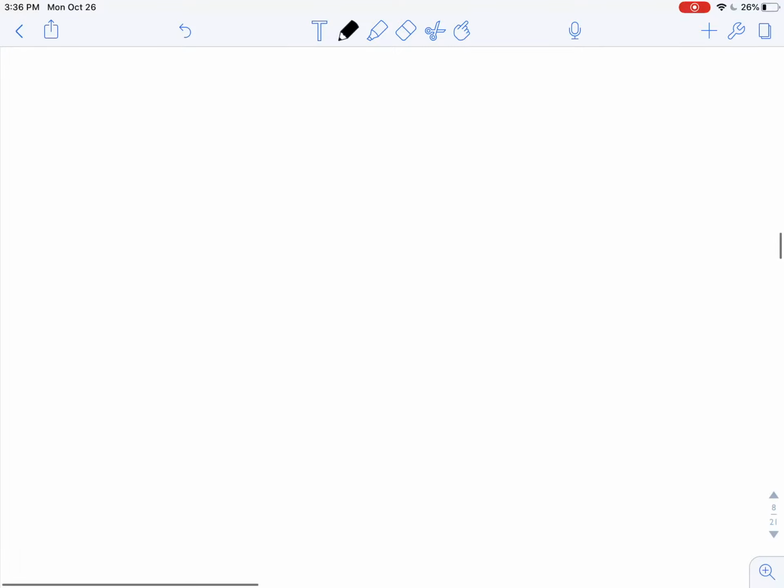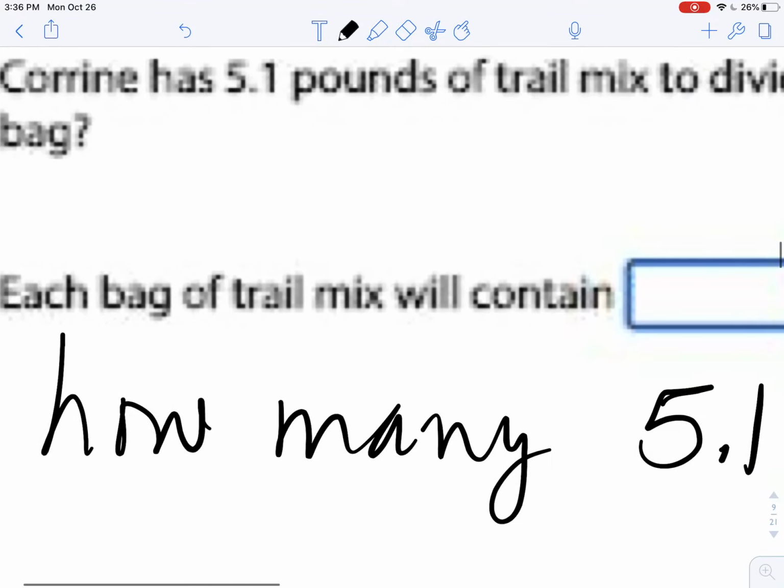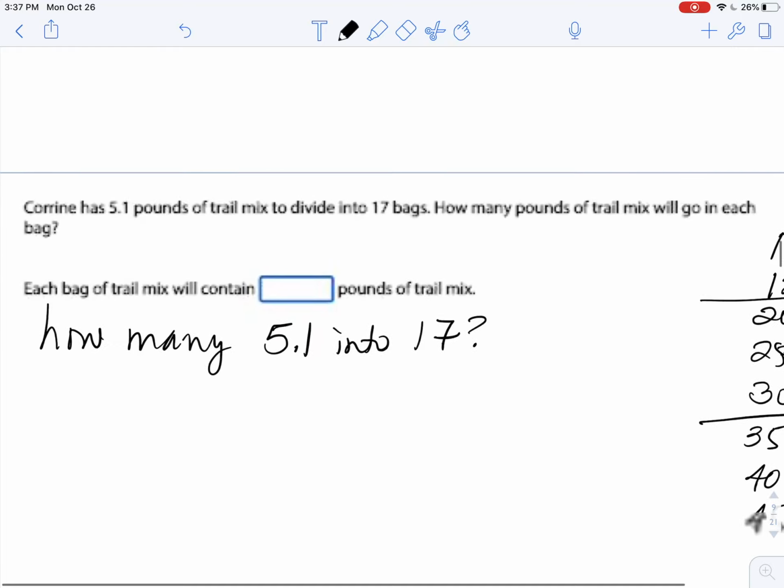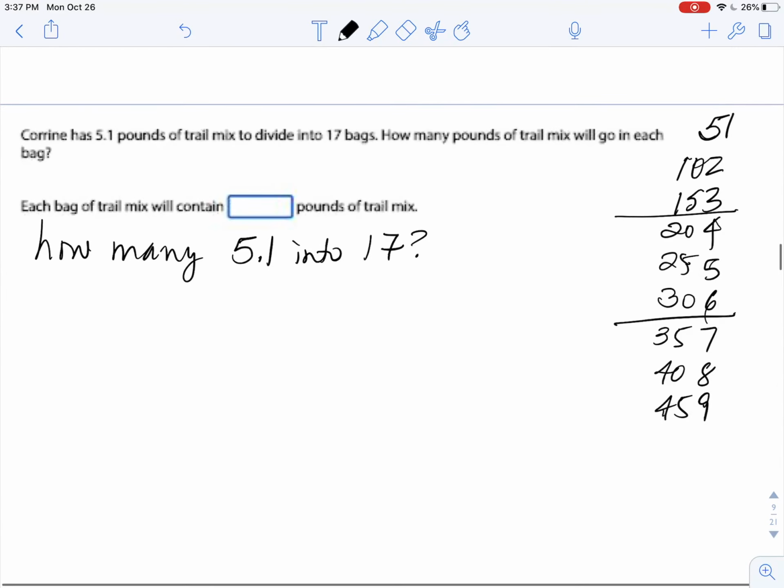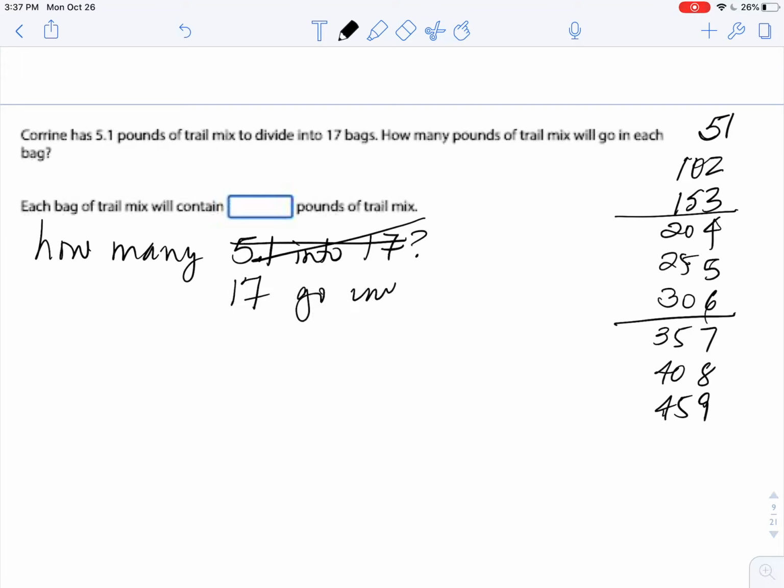Number 8. Ooh, here we go. Corinne has 51 pounds of trail mix to divide into 17 bags. How many pounds of trail mix will go into each bag? So, how many 5.1 into 17? Who wrote that? That's wrong. How many times does 17 go into